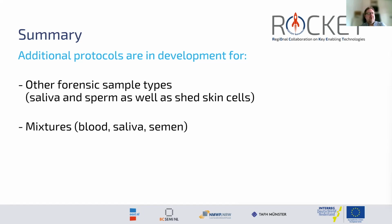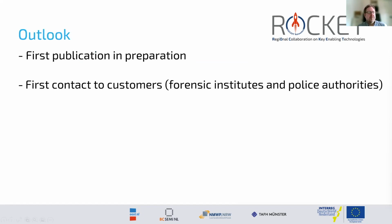And the next step that we are working on, these are mixtures of blood and saliva, blood and semen, and saliva. These are very often found mixtures in the forensic scenario. Okay, next slide, please. And the outlook, we intend to publish those results,